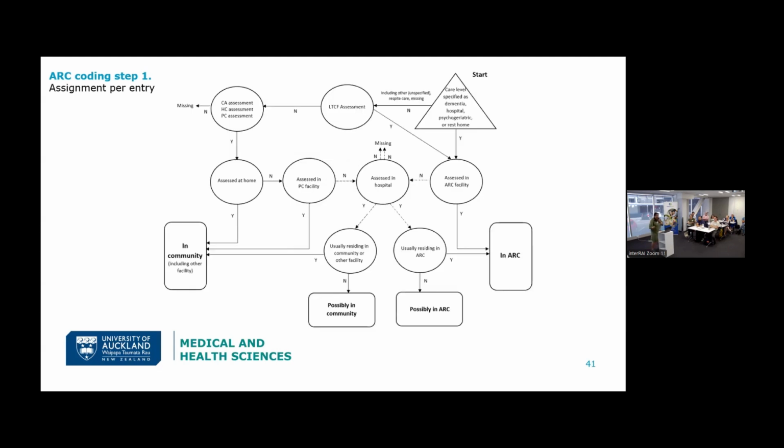So this is an expansion of what I was saying as step one. I know there's a lot of boxes in there, but I'd like you to start here at the start. There's actually just four variables in there. The first variable is care level, the triangle. The second variable is the type of assessment. You've got this one and that one.